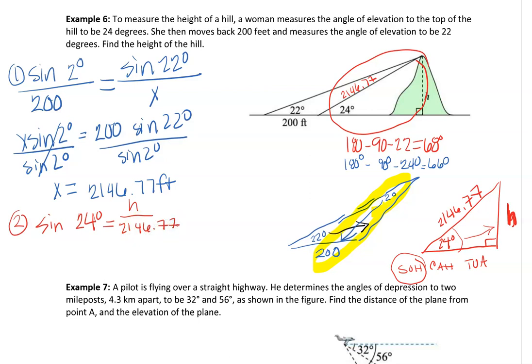2146.77. I'm going to solve for H, so I'm going to multiply both sides by 2146.77, so that gives me H is equal to 2146.77 sine of 24 degrees. Make sure your calculator's in degrees, which gives me 873.17. So I really love a problem like this because in this problem you were putting together lots of knowledge